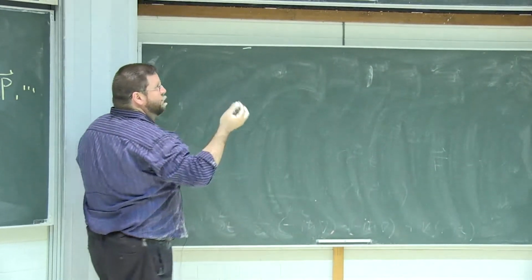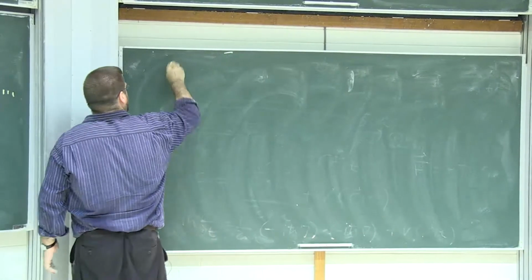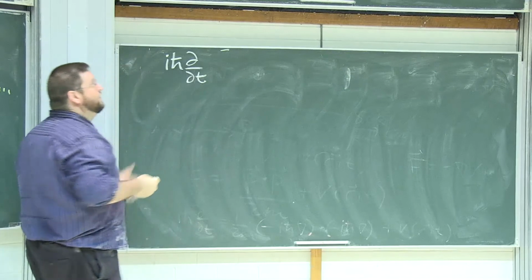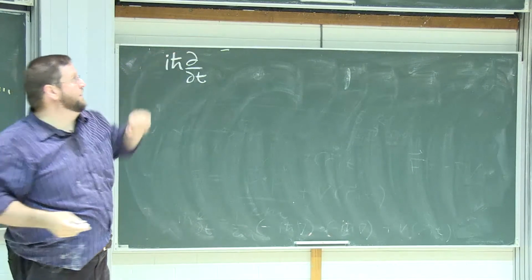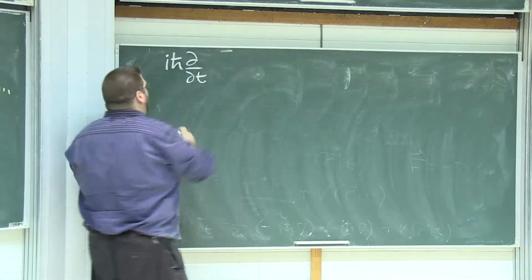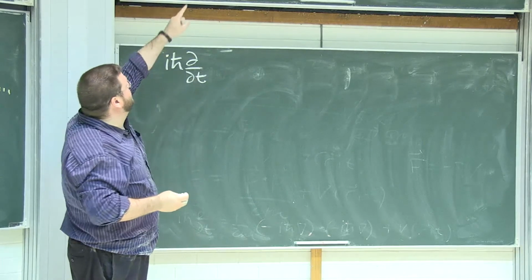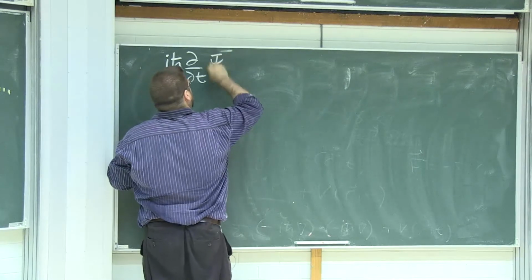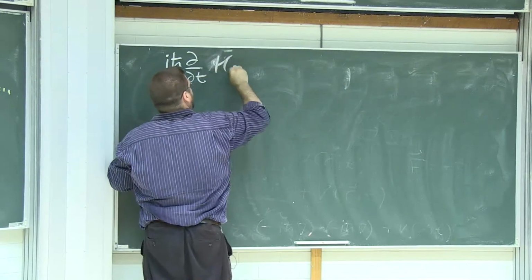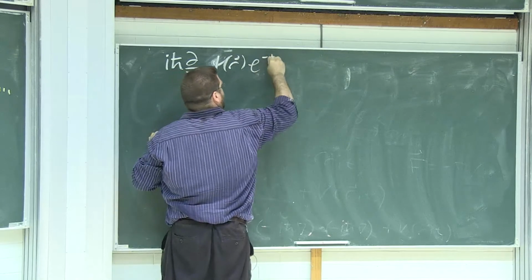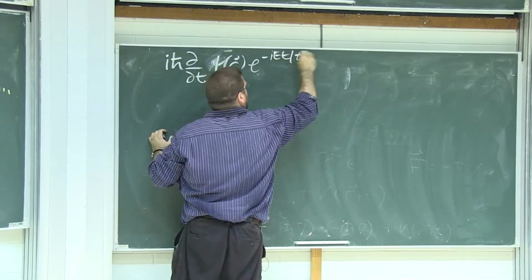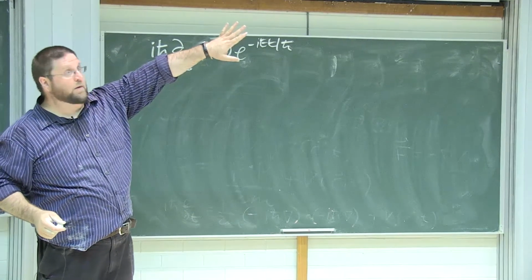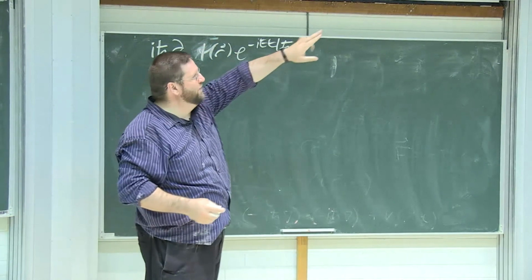So to begin with, I'm just going to write out the time-dependent Schrodinger equation. i h bar d by dt acts on the wave function. This is the boxed equation in the middle panel on my right. i h bar d by dt acts on the wave function, which is little psi of r from the middle panel, little psi of r times e to the minus iEt on h bar. And this is all equal to, again, the top of the middle panel on the right,